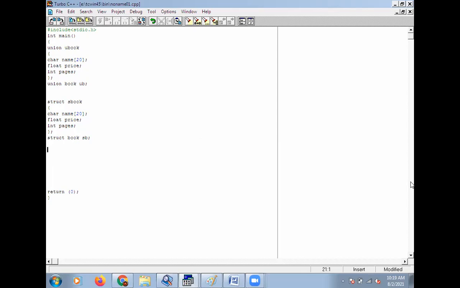So printf, size of union is equal to %d bytes, and here the variable size of ub for union.